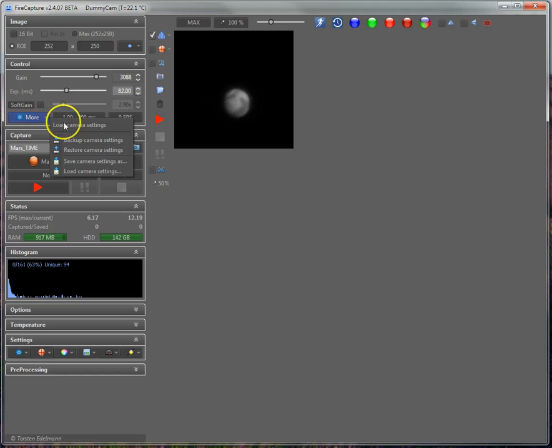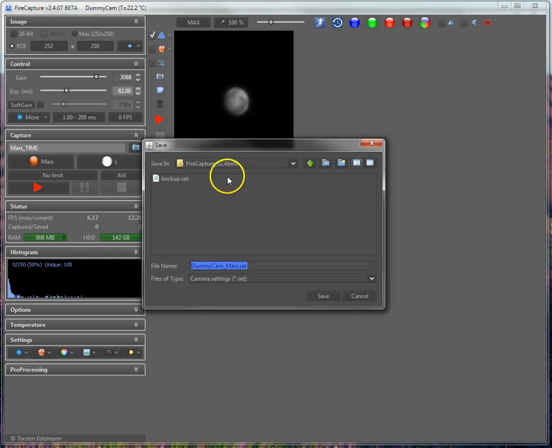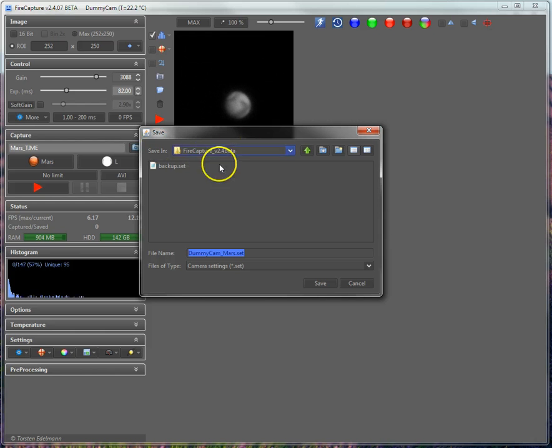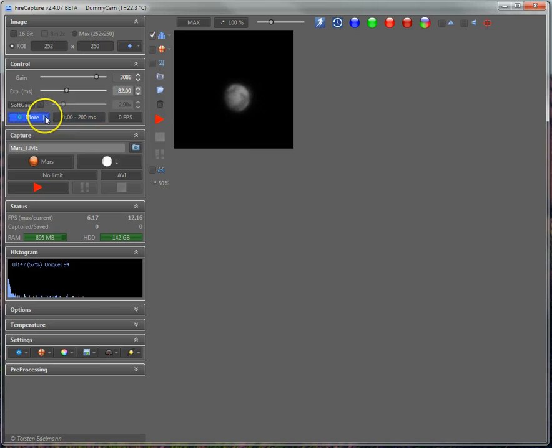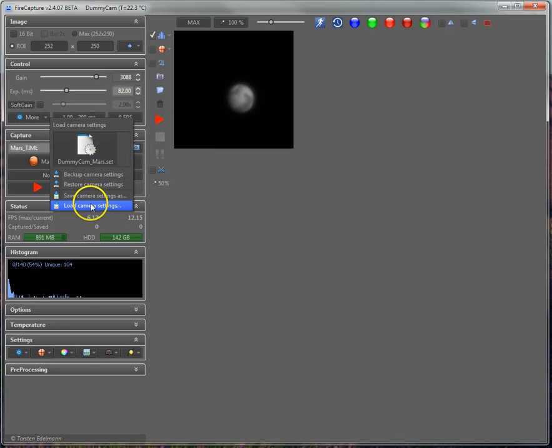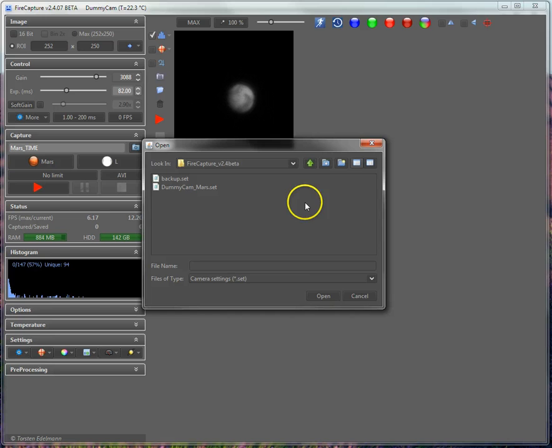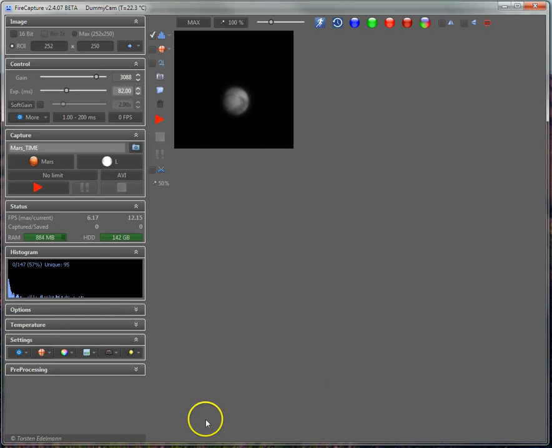You can also save. If you did some special settings and you'd like to store those, just click on the save camera settings here, and it picks up a file folder, which by default is the FireCapture folder, and you can select the file name and store those controls here, and you can load them back either via that load camera settings dialog, but you can also pick